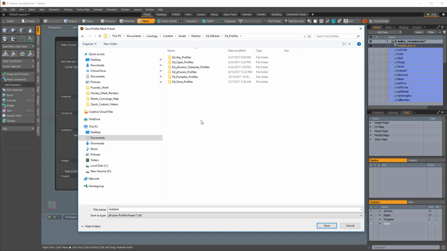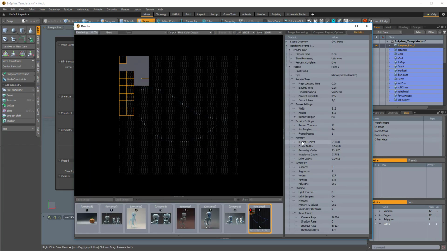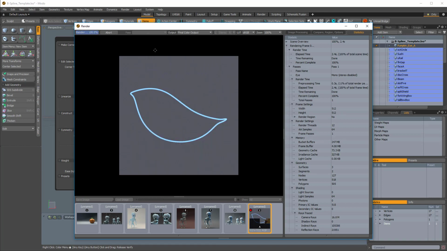Ed Profiles. This could be your name underscore profiles. And then here I have a folder called ed_pumpkin_profiles. And I'll just give this a name. It will be pumpkin_I_A_001. And I'll click save. Now doing that, it will create a nice 512 by 512 render with a nice